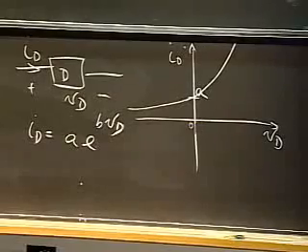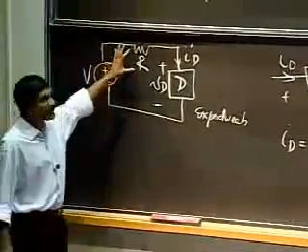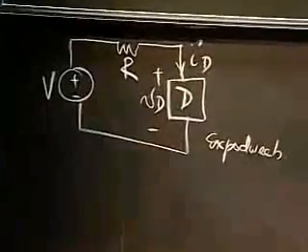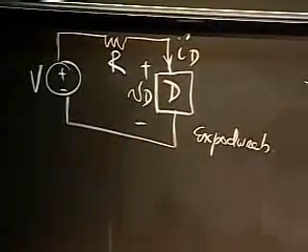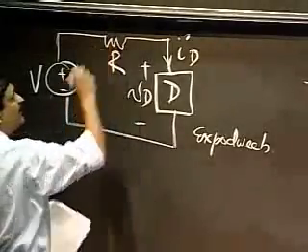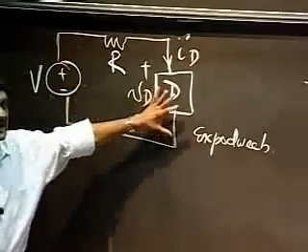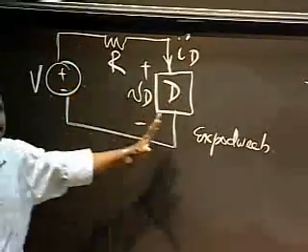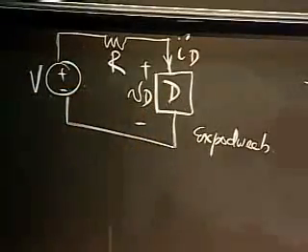So back to this again. I have a voltage source, a resistor, and my Expo Dweeb connected in that manner. Now again, reflect on this pattern. A voltage source or a current source, a resistor, and some device. This is a very standard pattern you will see again and again and again.